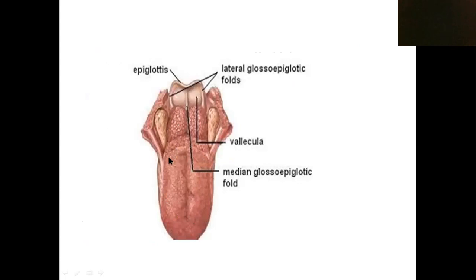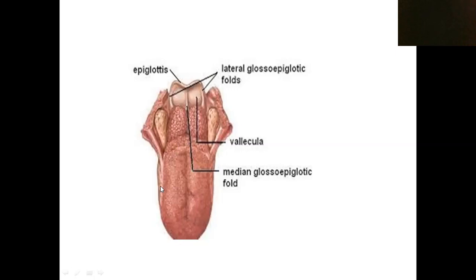Here in the anterior 2/3, I told you circumvallate papillae are there. Even though the circumvallate papillae are seen in the anterior 2/3, they are supplied by the nerve of the posterior 1/3. Now we have to discuss the nerve of the posterior 1/3. The posterior 1/3 is supplied by the glossopharyngeal nerve, both general and special. General means touch, pain, temperature. Special means taste sensation. All sensations are carried by a single nerve, the glossopharyngeal nerve. So even though the circumvallate papillae are located in the anterior 2/3, they are supplied by the glossopharyngeal nerve.